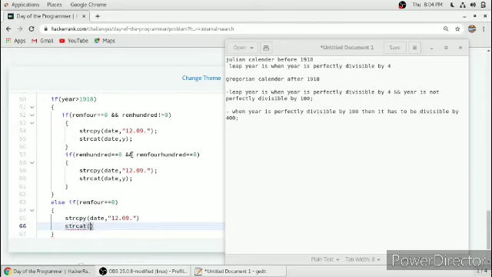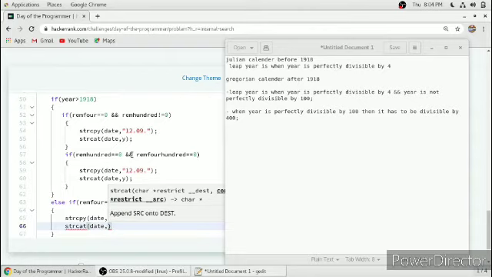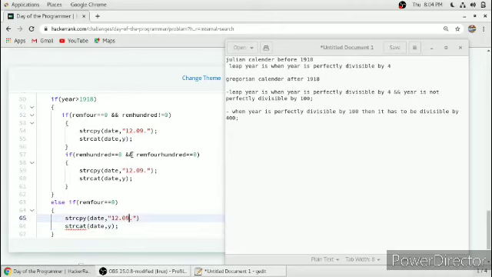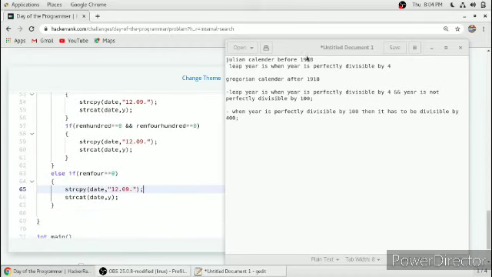After that we will just strcat the year. Here I missed a semicolon. Then after this condition is also satisfied, that is, the year before 1918, the Julian calendar system is also done.